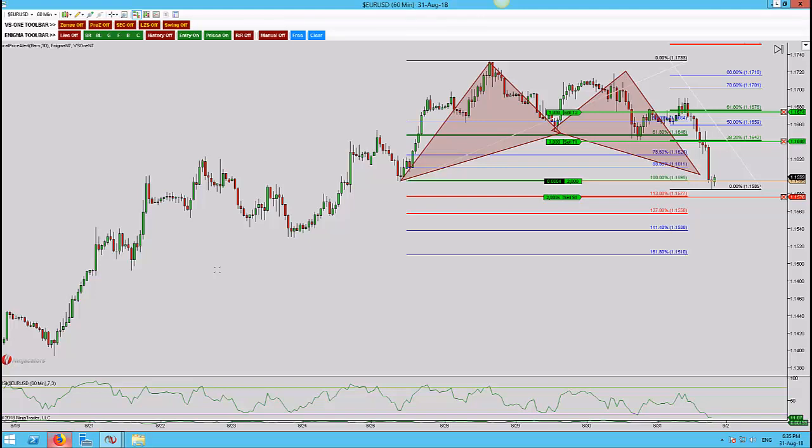And this is the euro dollar on the 60-minute time frame, and we have a back pattern and we have a structure trade happening at the same time. I thought this would be quite a good trade to record and see the outcome of it, and what I'm just going to do is go and hide the limit orders